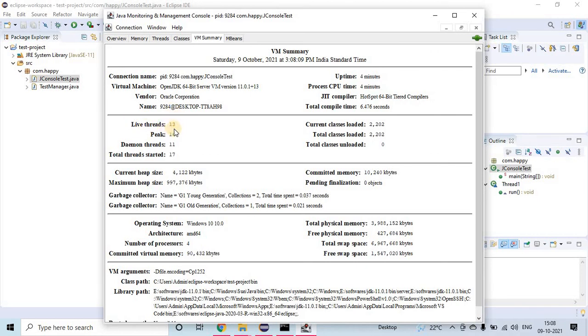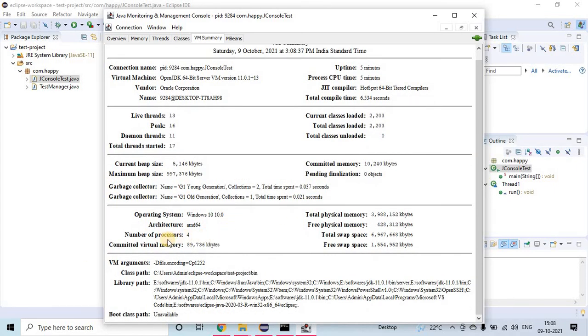You can see the live number of threads, current classes loaded, the current heap size, maximum heap size, pending finalization objects, meaning objects to be swept out, committed memory, and the garbage collector: G1 young generation, collection 2, total time spent 0.37, and G1 old generation. See, different metrics are available. The information is available here.